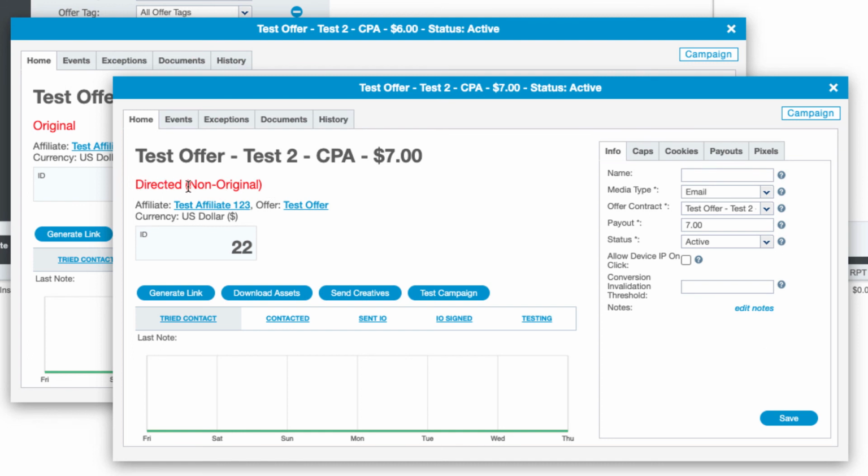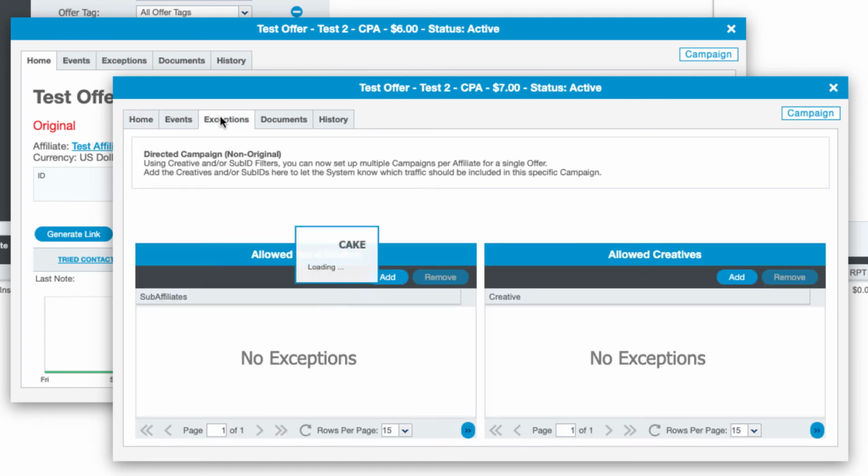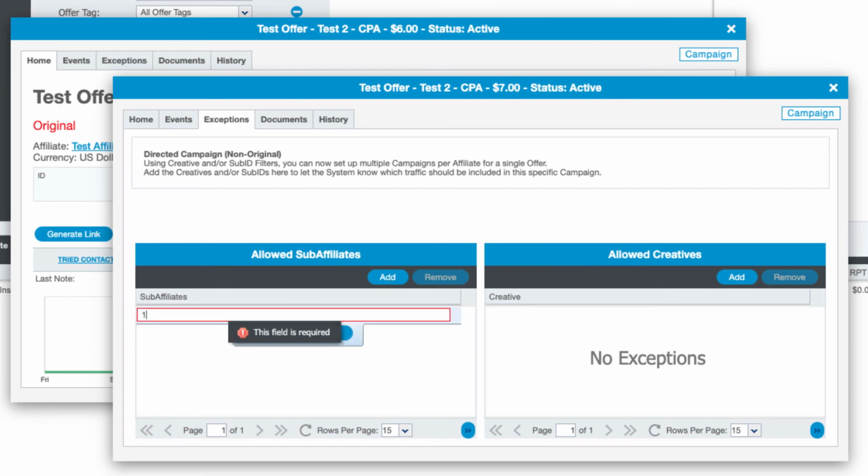Now, when your affiliate drives traffic to your original campaign using that tracking link, Cake is always going to attribute traffic to that original campaign, unless we say a specific sub-ID or creative, and we do that through the exceptions. So let's go to the exceptions tab, and you'll notice that the language no longer says blocked sub-affiliates, it actually now says allowed sub-affiliates. So I can go back to here, type in 1003,